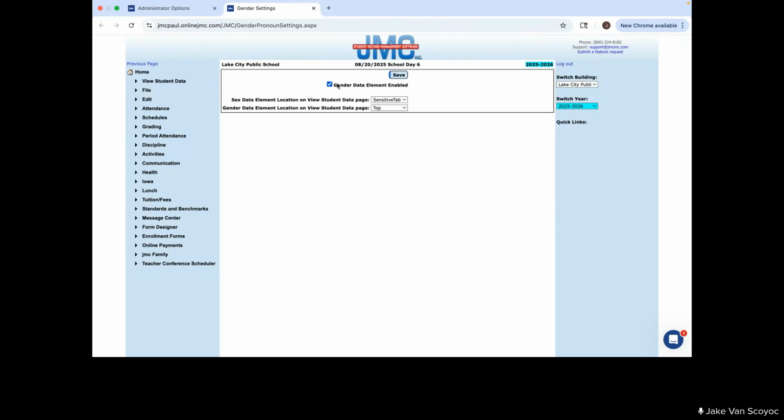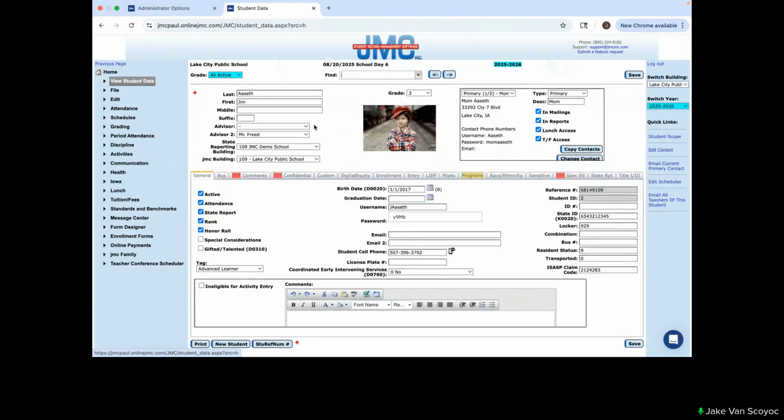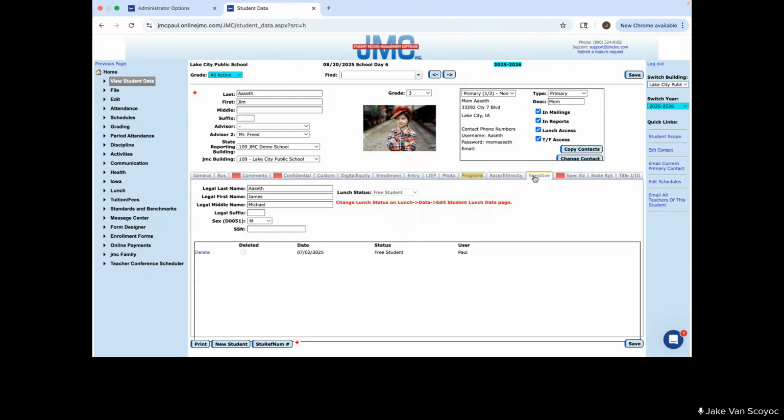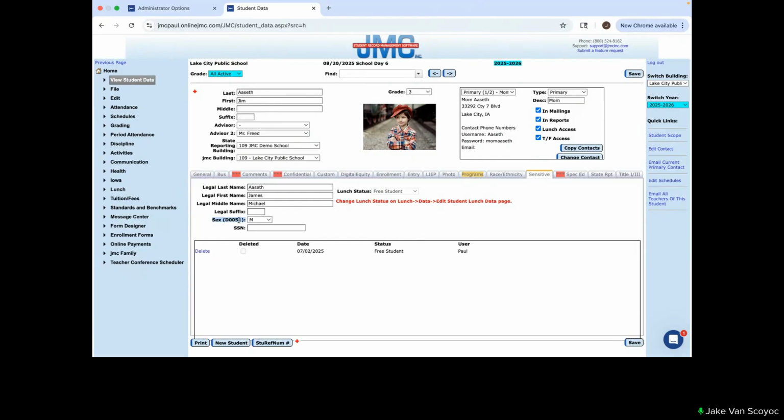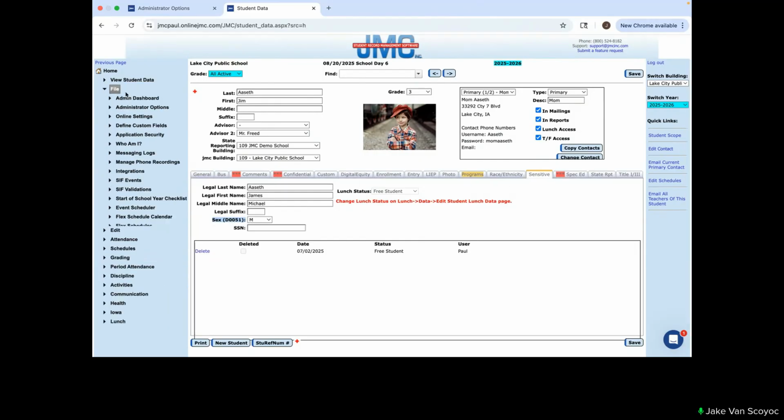So right now I am showing the gender data element. If I choose not to show the gender data element and save, gender is not going to be on the student data page anymore. But on the sensitive tab, the birth sex is still the state reportable item, and it's on the sensitive tab. I can move that state reportable item to,